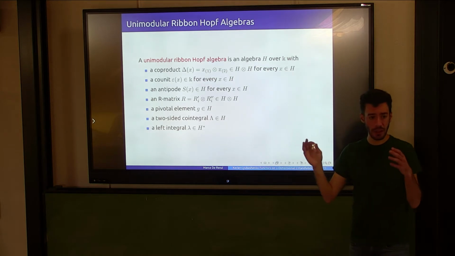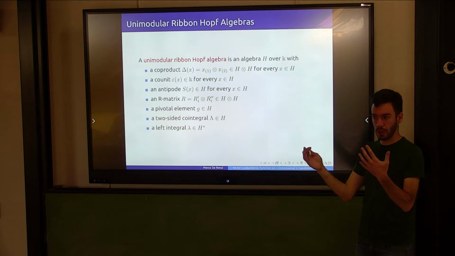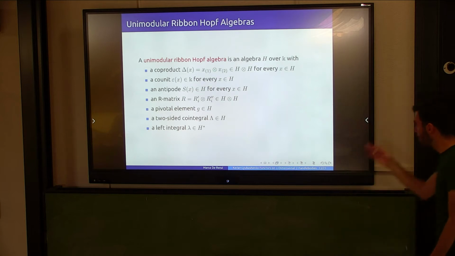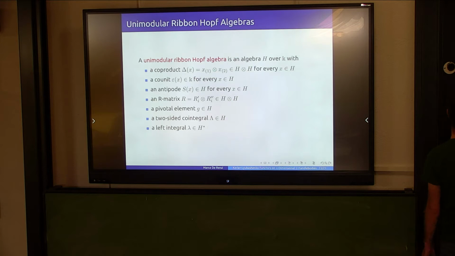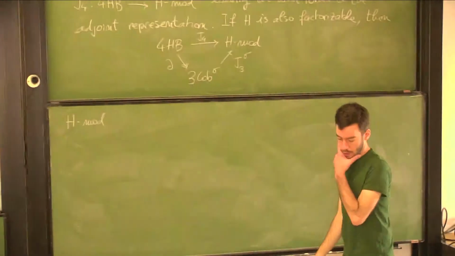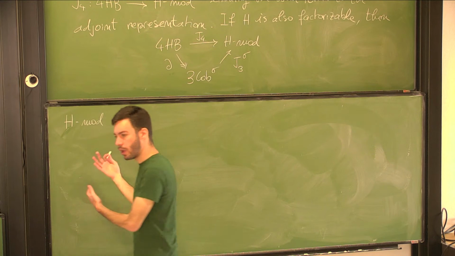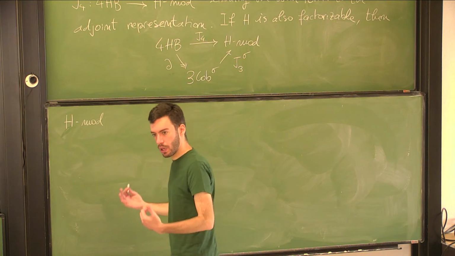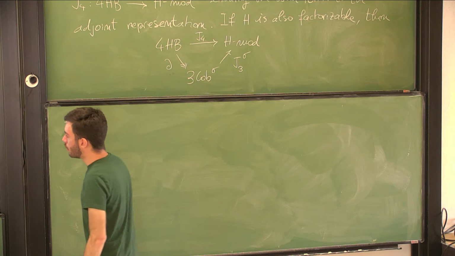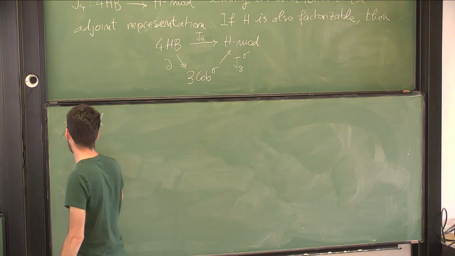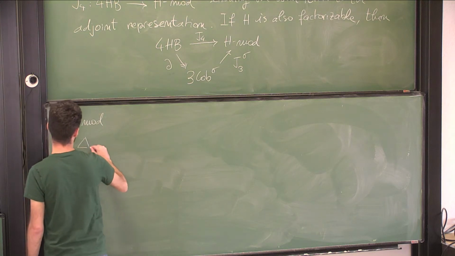The R matrix is an element in the tensor square that can be used to implement non-trivial braiding in the category of representations. So from the point of view of representations, we could consider the category of H modules, which is what we need to do there. And all these pieces of structure allow us to equip the category of H modules with some very rich structure. So, well, since H is an algebra, we can consider this category, and then since we have a co-product, we can define